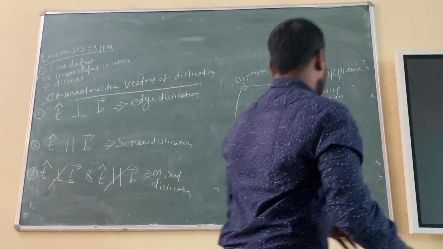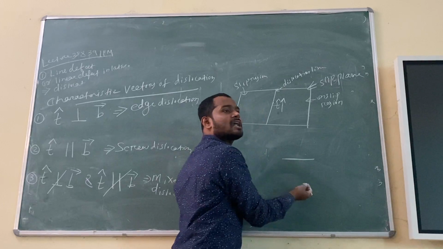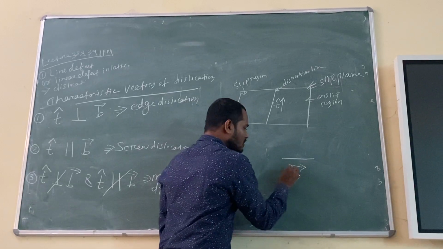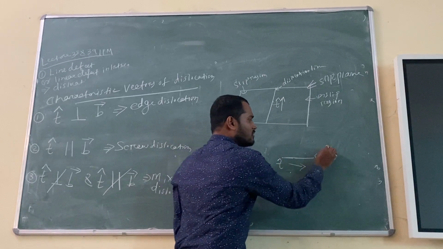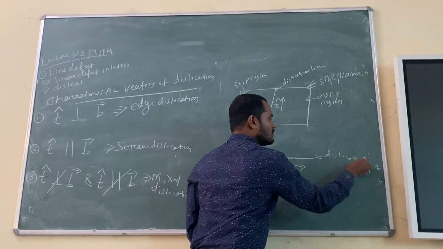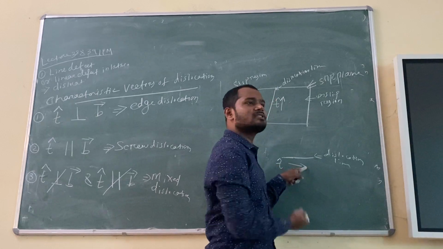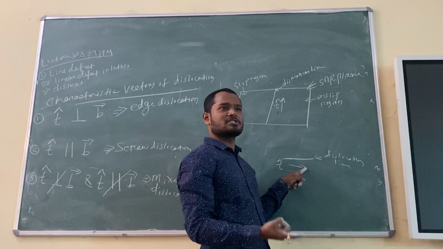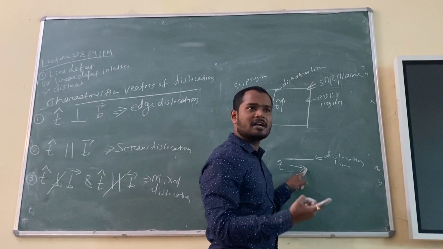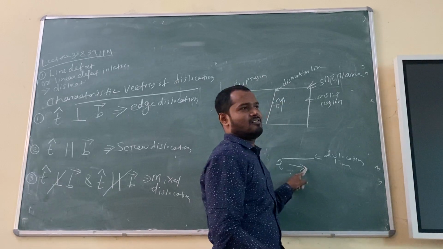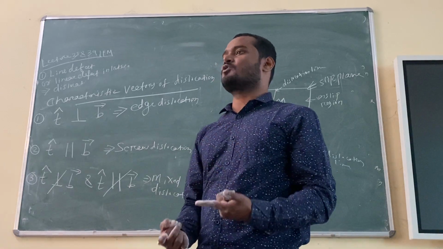Right? So suppose, just imagine, your dislocation line is like this. So how will the tangent vector be? It will be like this also. Because this is the dislocation line, for example. So if this is the dislocation line, the tangent vector will be like this, because the tangent vector is always parallel or tangent to the dislocation line. So if somebody asks the definition, the tangent vector shows you the orientation of the dislocation line. How the dislocation line is oriented, right?